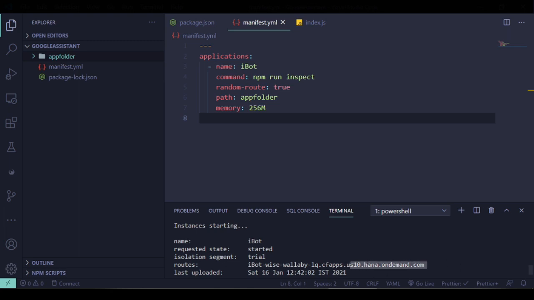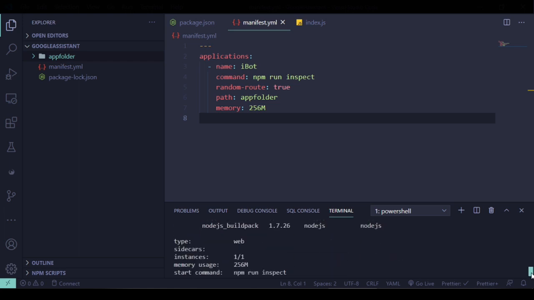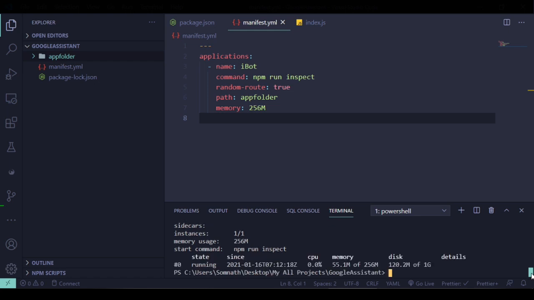The cloud platform automatically created one application URL, and that's all. This application is actually running in npm run inspect mode, because it's in debug mode, as I set it as a command. That's okay. So now we can head over to our cloud platform and see how this application is working from there or not.